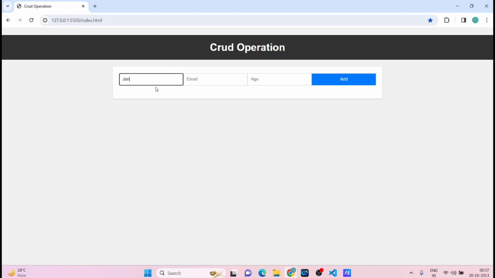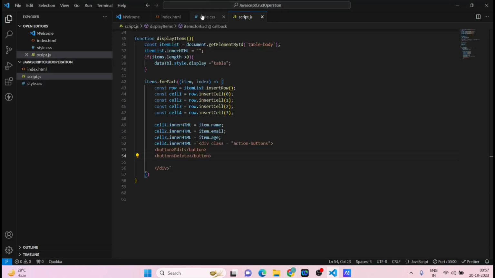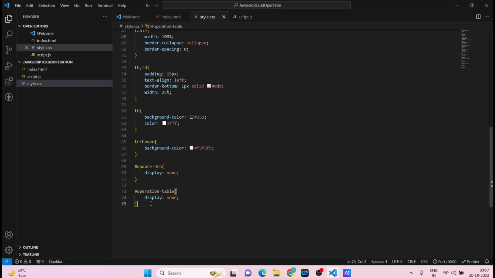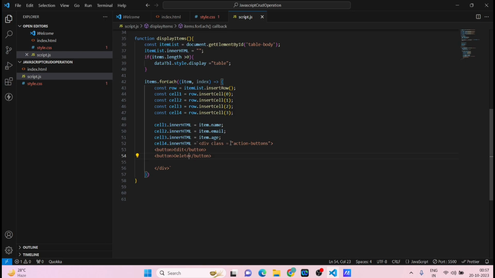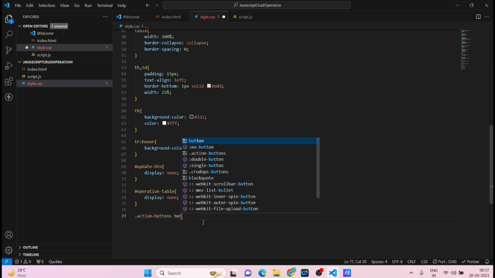Okay, and let's see how our page looks. So I'll add the John Doe. I'll add some garbage value. I'll add 23. Click on add. You can see the data got added, but the button has not been styled yet. So what we have to do is we have to style the button as well. So go to the style sheet and .action. Just copy this and action will be button,